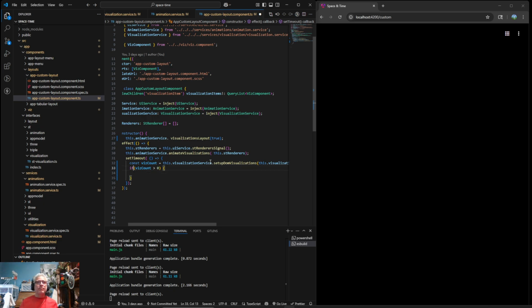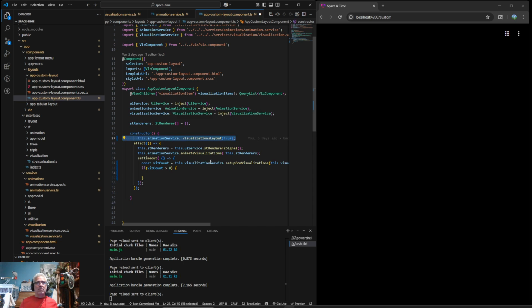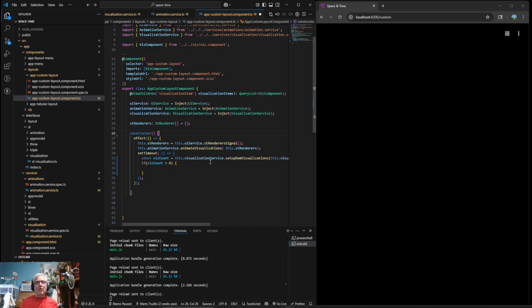So. And this timeout is probably why that other thing doesn't work. The routing didn't work. Maybe, I don't know. Oh, why did it let me have a space there?